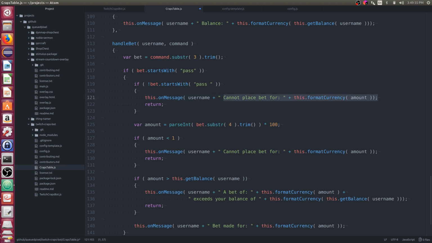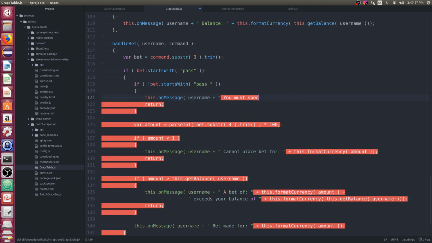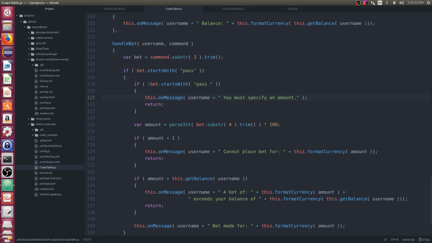And then we could say you must specify an amount. Alright, so if the bet starts with the word pass, but doesn't have a space, we'll get this message. Otherwise, we'll go to the rest of this stuff. So let's give that a try.